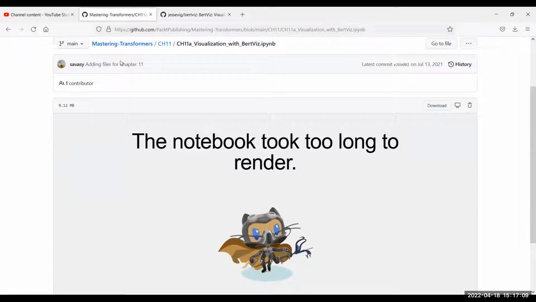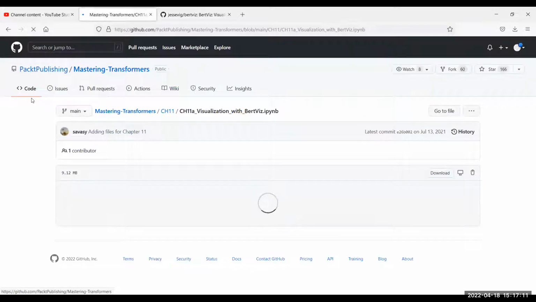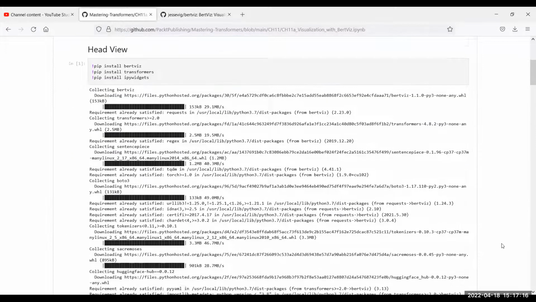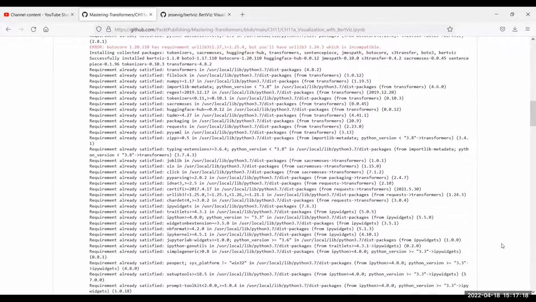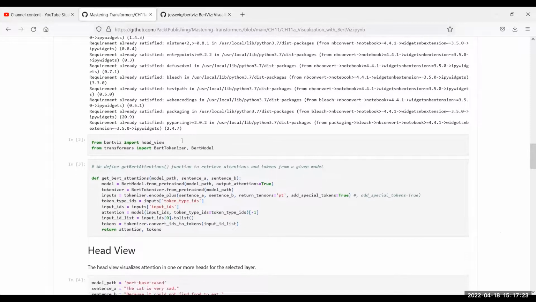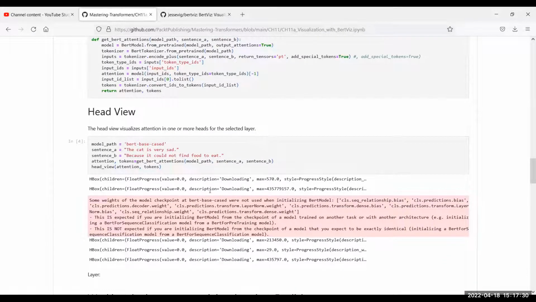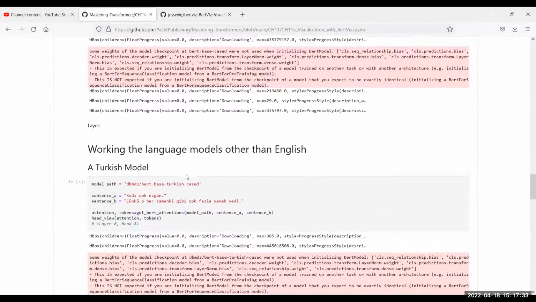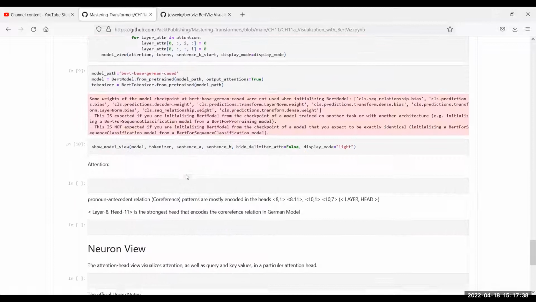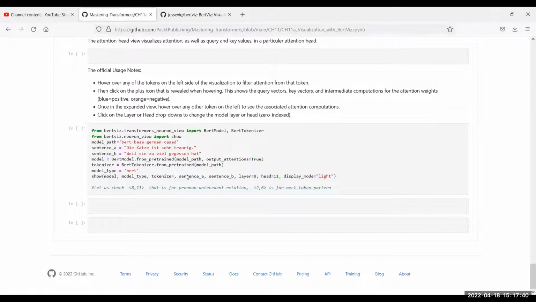Maybe that's what had happened, that it just took too long to render. Let's see. There's an error there. Yeah, so they're using BertViz here. You can see that. And then they wanted to do some kind of visualization. Not sure why it's not printing on their end, but anyway, you can actually go to the BertViz